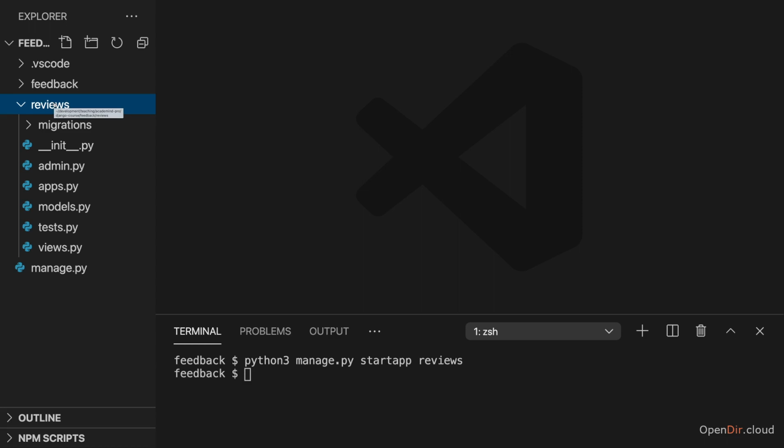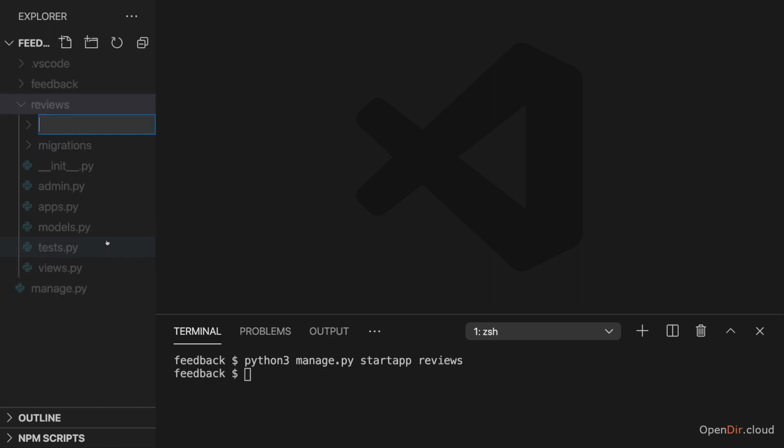The visitors of our page should not have access to our admin panel, which we might be using for administering whatever products we have on this page. In this example project, we'll have no products at all because I'll just focus on this reviews part and on this user input. So therefore, this is the new app created, and in this reviews app folder we just created, I'll then create my templates folder